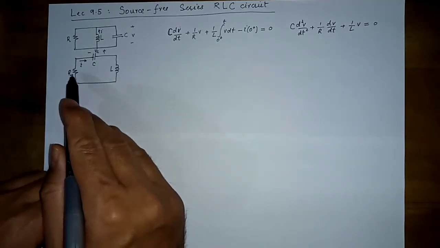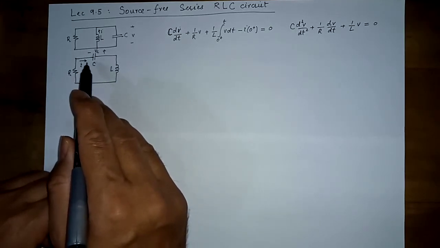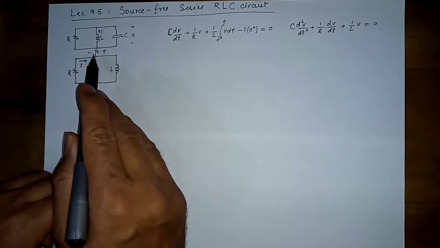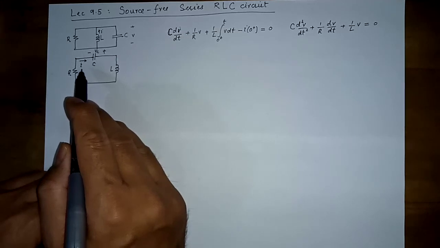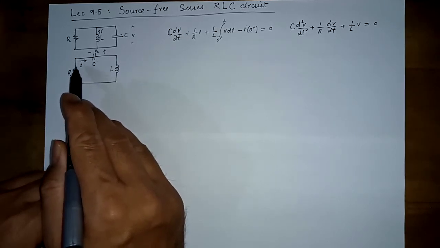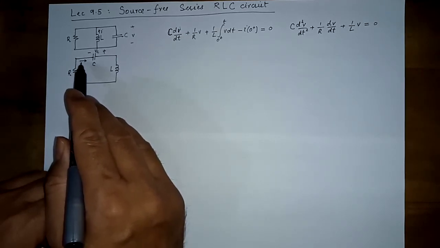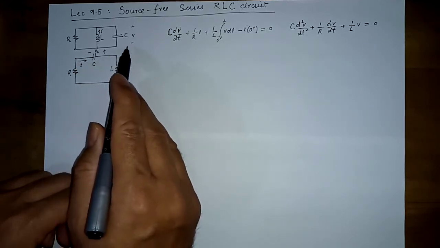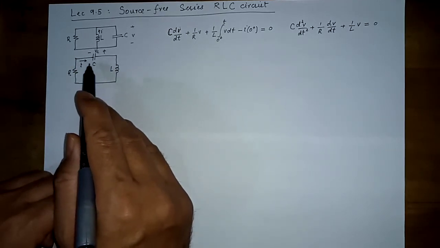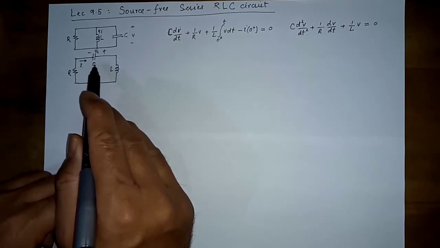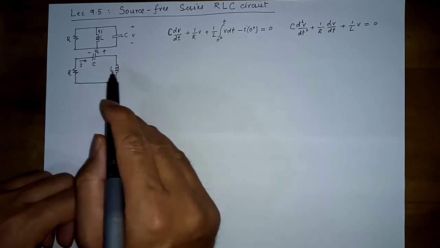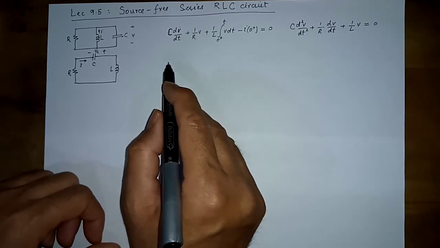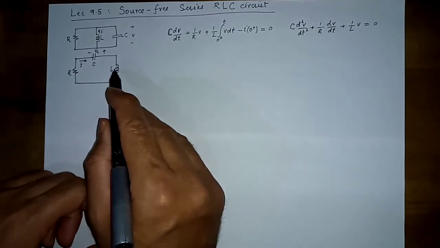So in this case, for a series RLC circuit, let us assume that there is already a voltage across the capacitor, an initial voltage when the circuit came into existence. As the response, we want to find the expression for I, like we found the expression for V in the parallel case. So let us try to come up with an equation using the mesh current analysis method, or KVL. Let us apply KVL and write an equation of a similar form. So let us start from here.